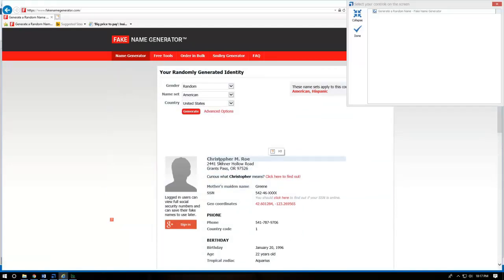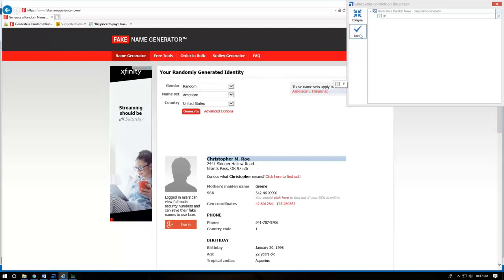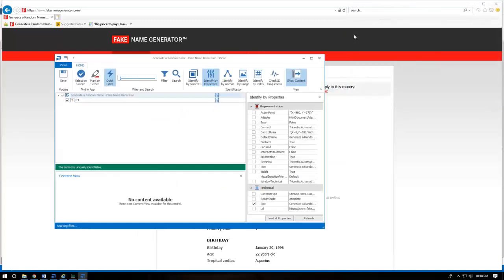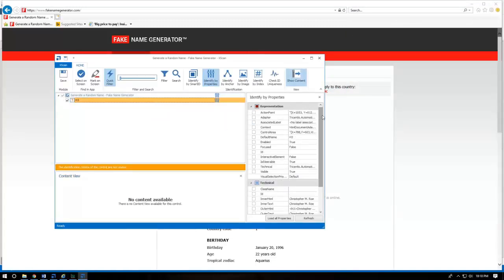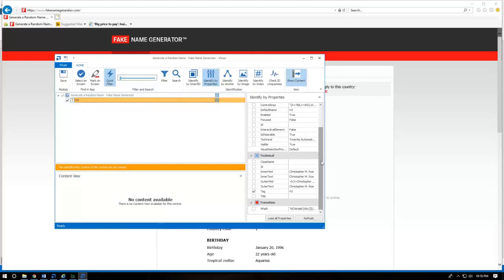So for the ability for them to come in and say, okay, I want the information on this name, which is whatever generic GUI this thing is, and I'll go ahead and hit done, which will hopefully come through eventually. There we go. But for them to just say, okay, I want this tag, here's all the information associated to it. I want to make sure that I have this specific thing so that I'm manipulating this specific thing, I think is absolutely excellent, and probably one of the only ways, or the best way at least, that you'll